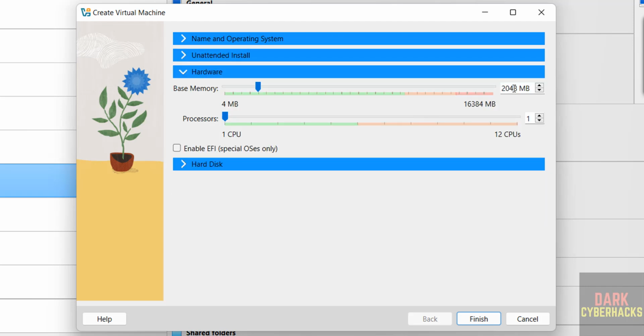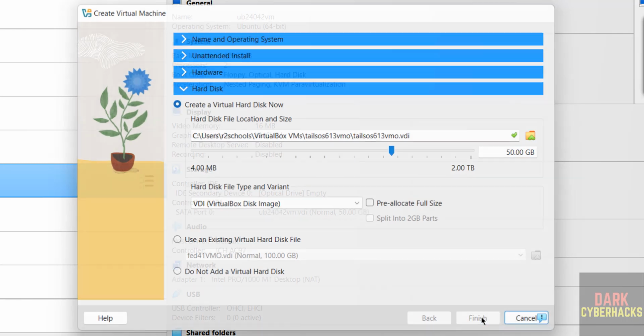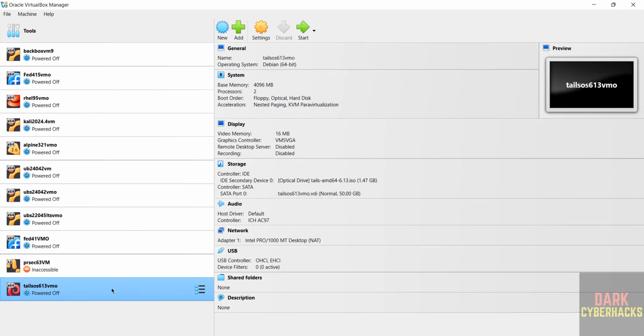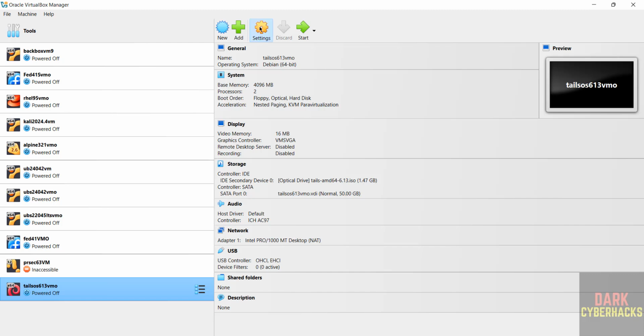Then come to hardware. Here we have to select memory. I am selecting 4 gigabytes. It's up to you. Number of CPU cores I am giving 2. Then hard disk I am giving 50 gigabytes. It is up to you. Then click on finish. See, still if you want to edit settings of this virtual machine, right click and settings or